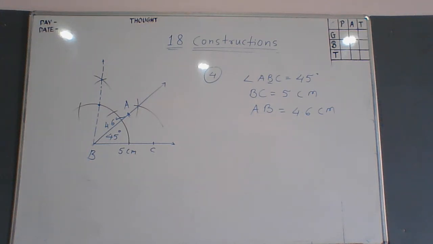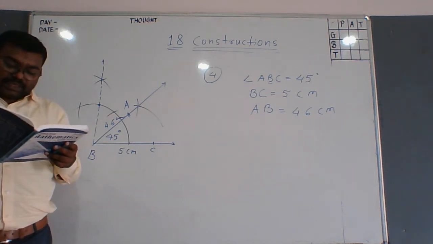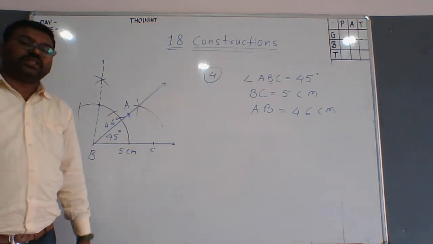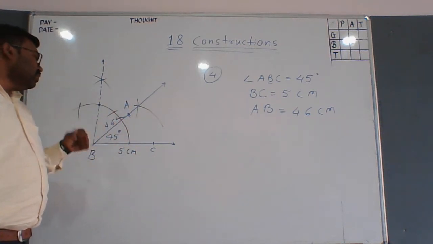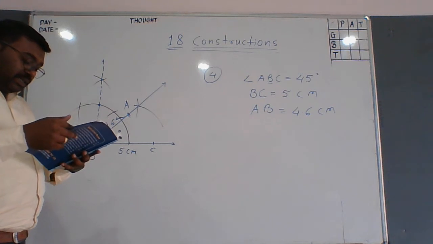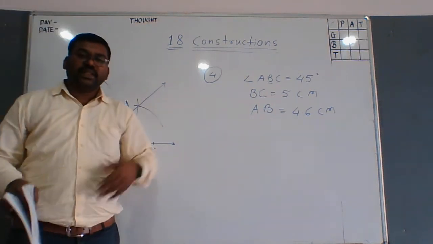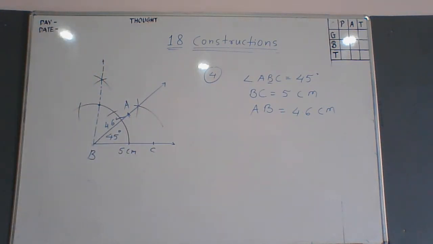Now let us solve the fifth question. Construct the angle ABC which is of 90 degree. Draw BP, the bisector of angle ABC. State the measure of angle PBC. Same type of construction: only we have to draw the 90 degree angle first, then the bisector of the angle. Now we want to calculate the measurement of PBC. So it is 45 degree obviously because they are the bisectors. Correct?